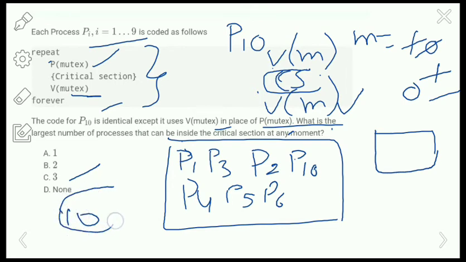All the 10 processes can be there in the critical section, but in the given options, we are going to choose option 3 because it is the maximum number of processes that can be there in the critical section. Okay,